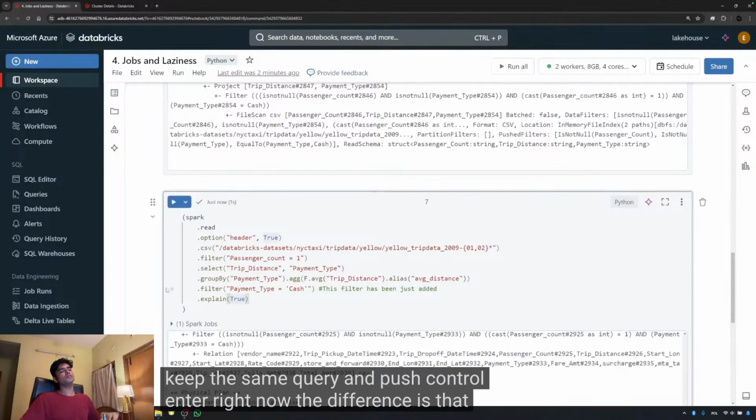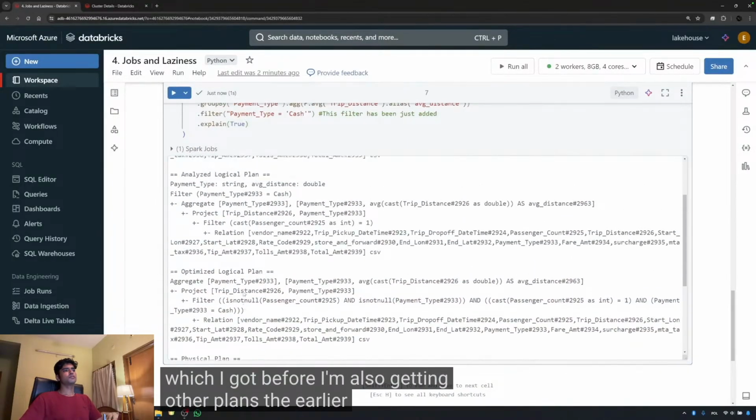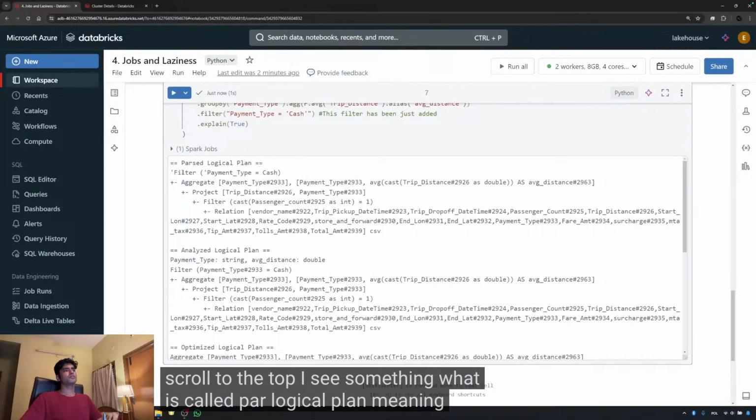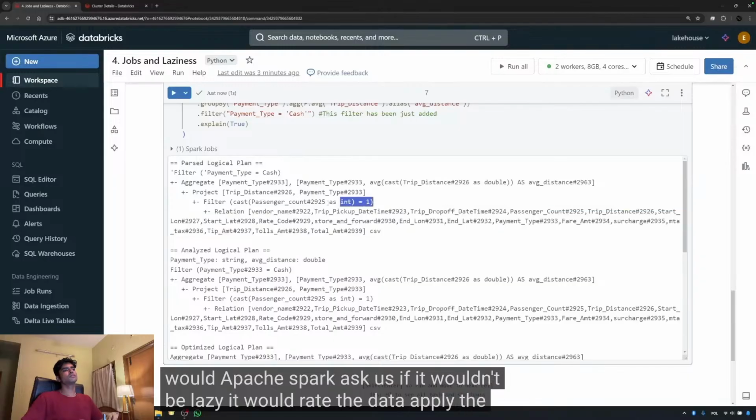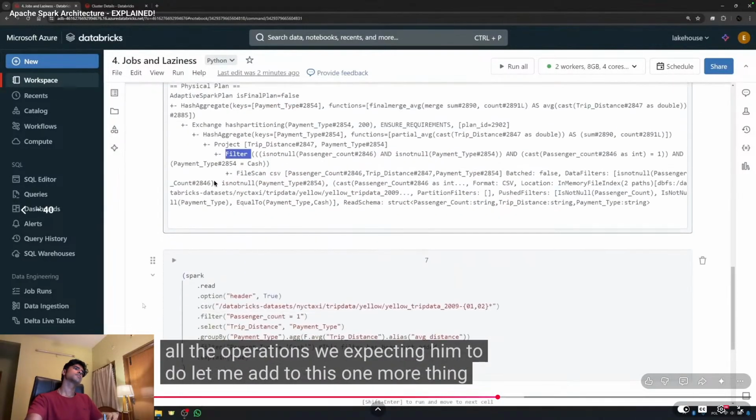The difference is that right now, besides the physical plan, which I got before, I'm also getting other plans, the earlier plans. And if I scroll to the top, I see something called the parsed logical plan, meaning that's what Apache Spark would do if it wouldn't be lazy. It would read the data, apply the first filter, apply the first select, group by,